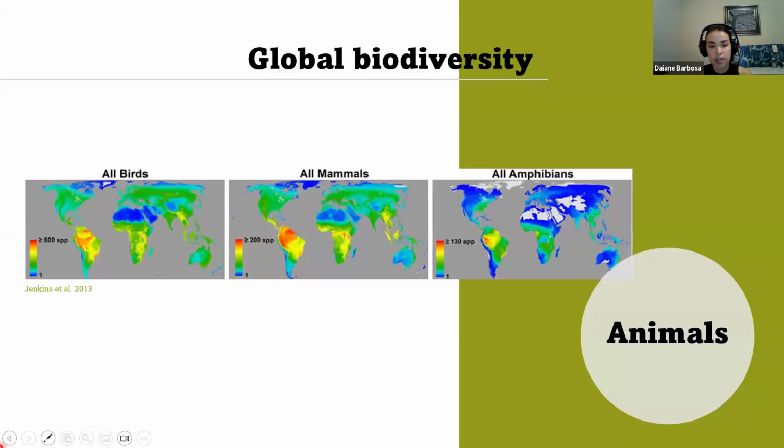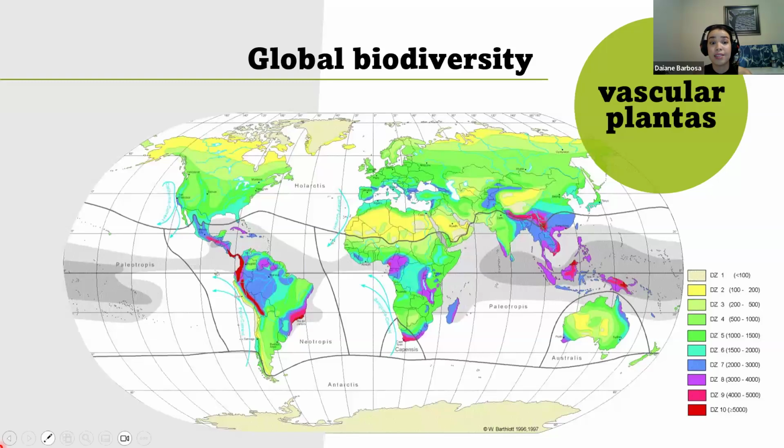So this difference in the climate across the planet has influences on the global biodiversity, how the species will be in different areas. And we can see that most of the different animals, for example, are in tropical areas. The diversity of species of animals is bigger in tropical areas when compared with the temperate areas and areas close to the poles. Talking about plants, we can see the same standards. The number of species is mostly in the tropical areas and not in temperate areas